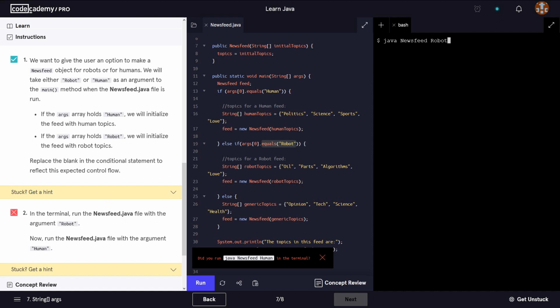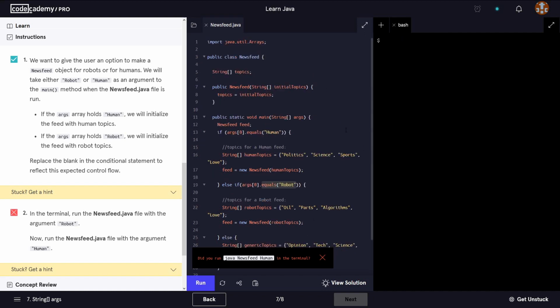Okay, let's see, nothing has happened yet. Let's run it again. Well, first let's try and compile this class. If you remember, we're going to compile this file so that it turns into a class. We have to say javac newsfeed